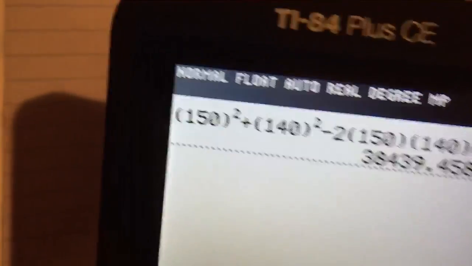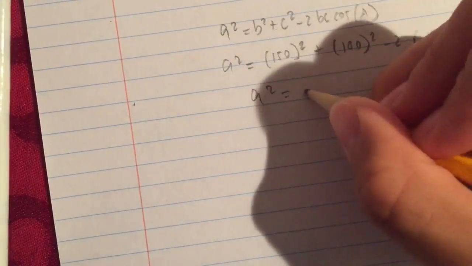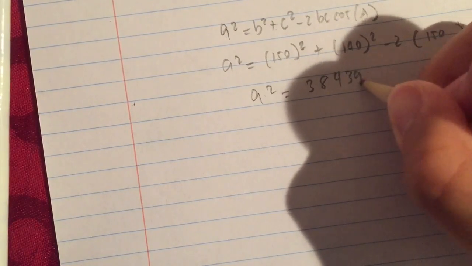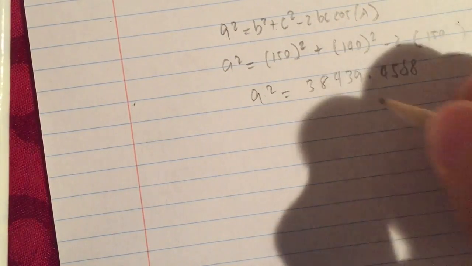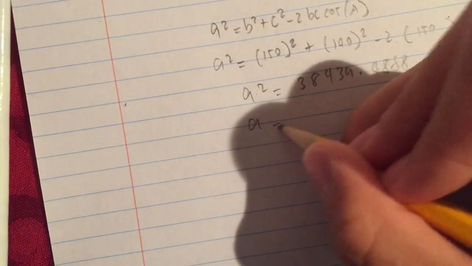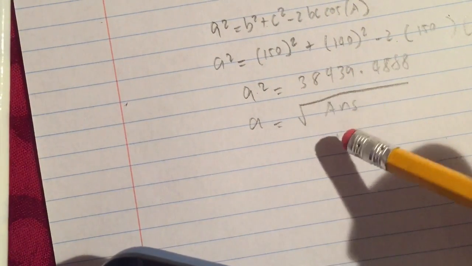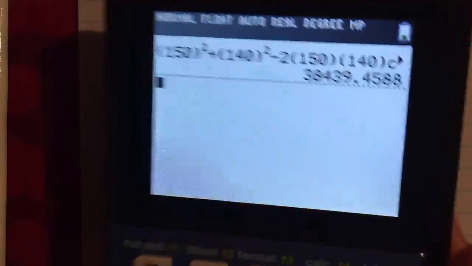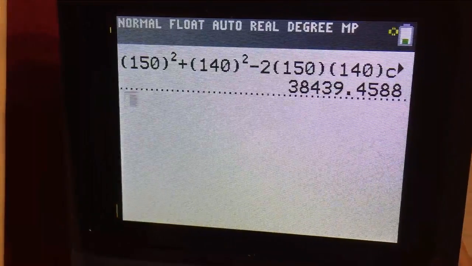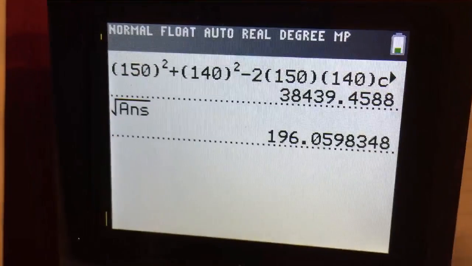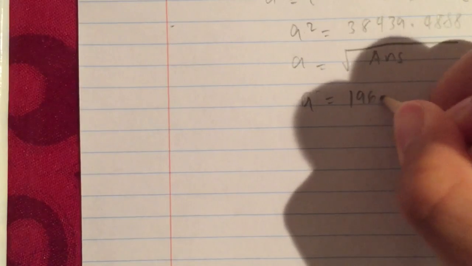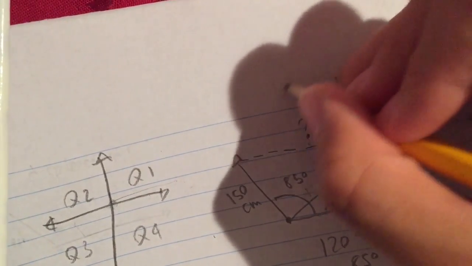And immediately we get this huge number. A squared equals 38439.4588. So the square root of this should be our a value. So let's go back to the calculator and take the square root of the answer. So a would equal 196.06 cm. So if we can move this along, we know that this side